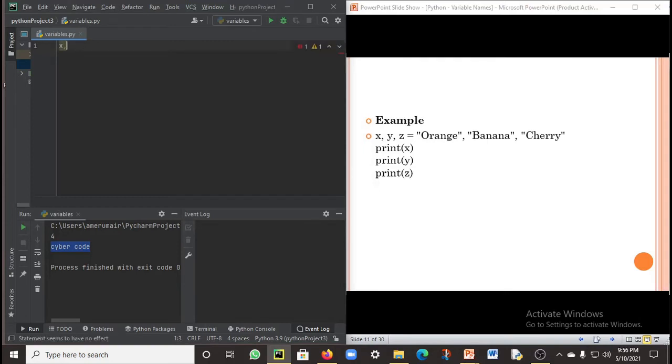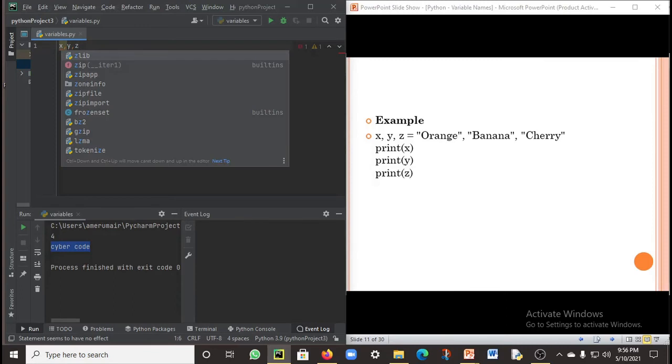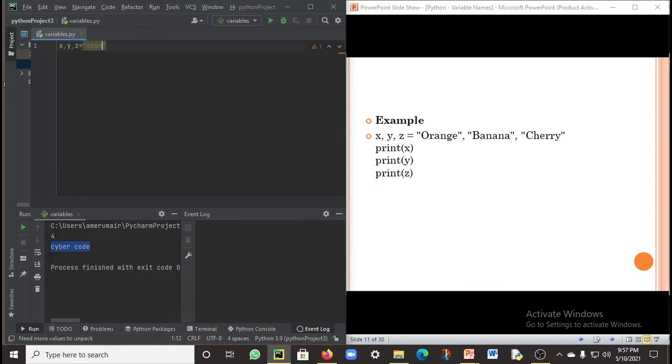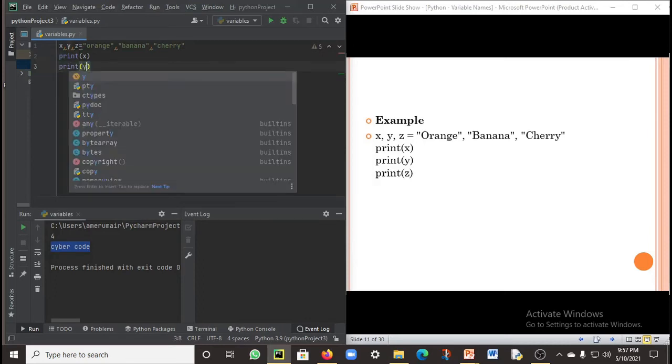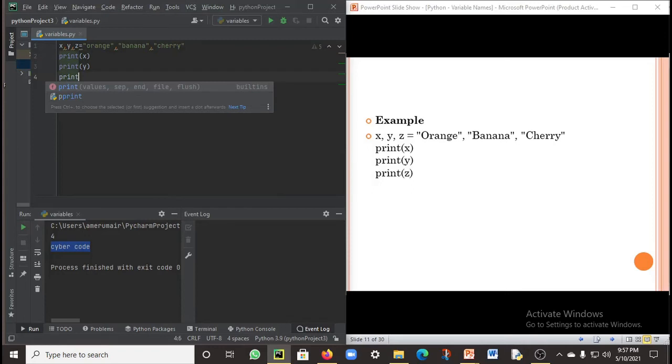Let me show you in depth. You can also write it as print x, and on another line print y, and on another line print z, and you can also write it as print x, print y, print z.